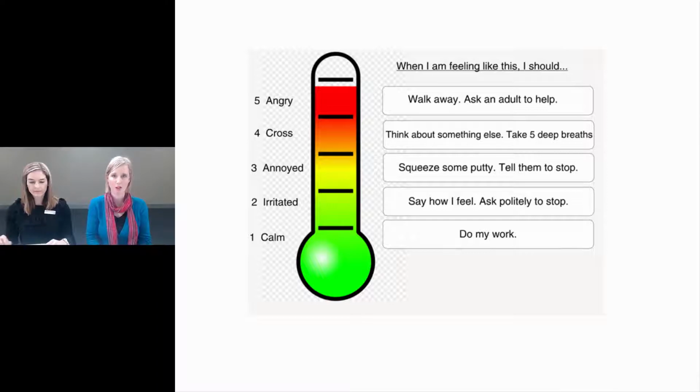This is an example of a feelings thermometer, or another type of feelings chart, I guess. And this is something that you can use during your sessions as well. So it contains different cues. So we've got numbers, colours, describing words, as well as the picture. And different cues will resonate with different clients at different times. So it's good to have all the options there. They might say, oh, I'm feeling number 2 today, or I'm feeling really angry, or I'm feeling really red.